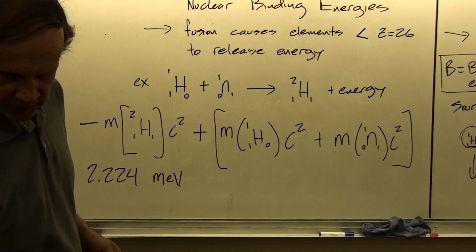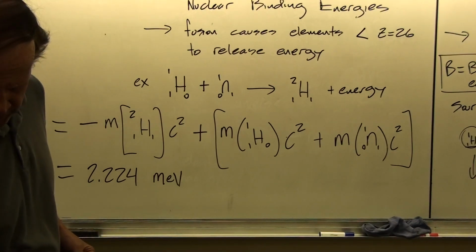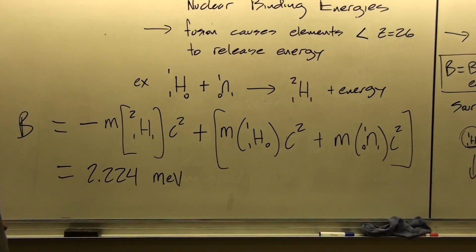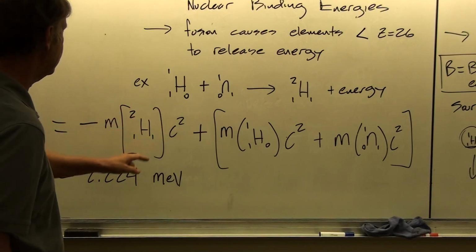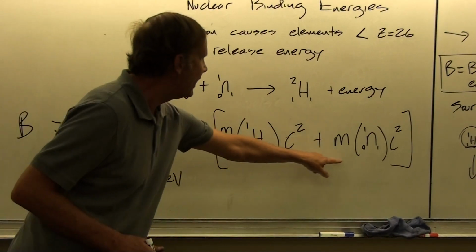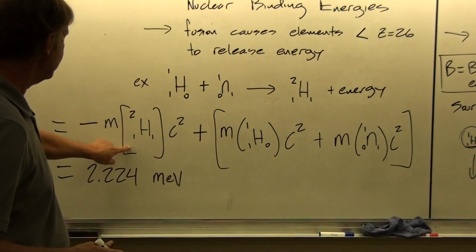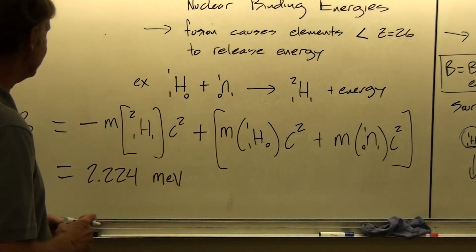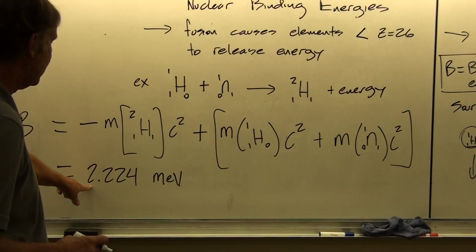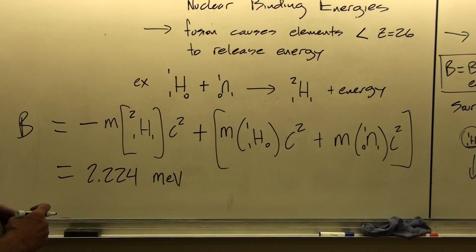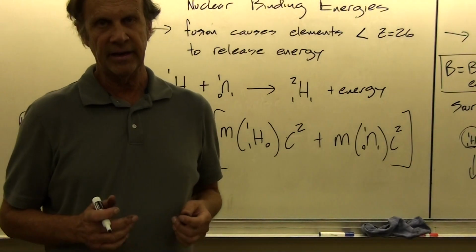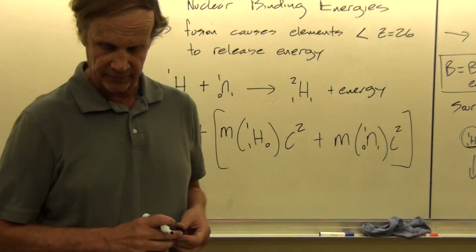Now how do we do this? Well, we need to have tabulated values for the mass of the proton and the mass of the neutron, and also for the mass of the heavy hydrogen. And so this reaction then is, because this mass is greater than this mass, and then we multiply that by the speed of light squared, we end up getting this value for the binding energy. Okay? And so that's great if somebody already tells you that that's what it is. But how do you go about figuring out the binding energy in terms of tabulated values?